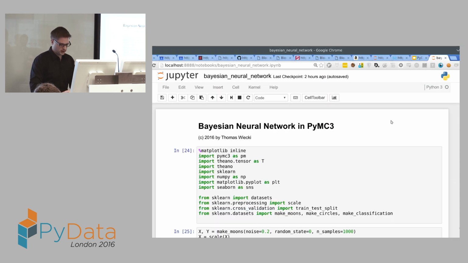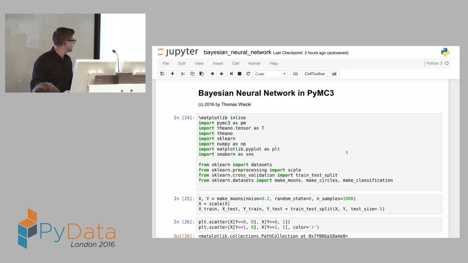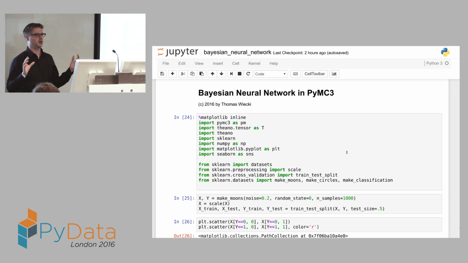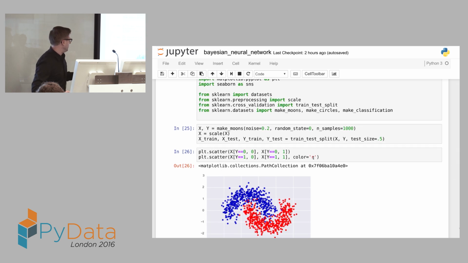If you present at PyData, you have to have an IPython notebook. So this is a fun little model I built to sort of counter the deep learning track going on in the other room so that you guys don't miss out. I built a Bayesian neural network, and I'm going to go over that fairly quickly and use a lot of the lingo, assuming that those people who know will understand it.